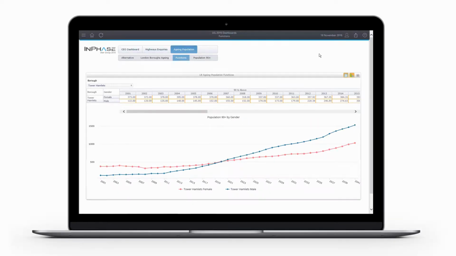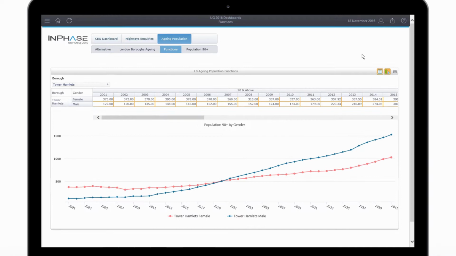Hello, in this short video we're going to take a quick look at some of InPhase's new BI capabilities. You can see here I've got a trends table on my screen, and I'm actually looking at a data set to do with the ageing population in the UK. This has come from the ONS and the London Mayor's Office, and we're here looking at data for the Tower